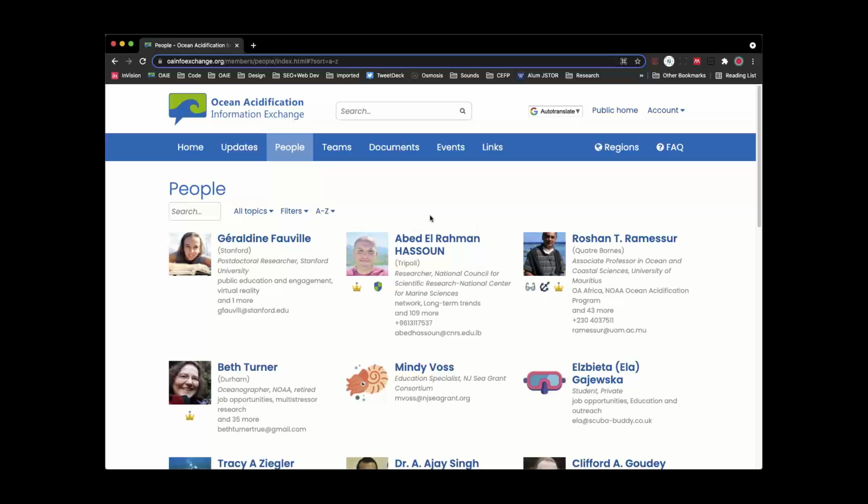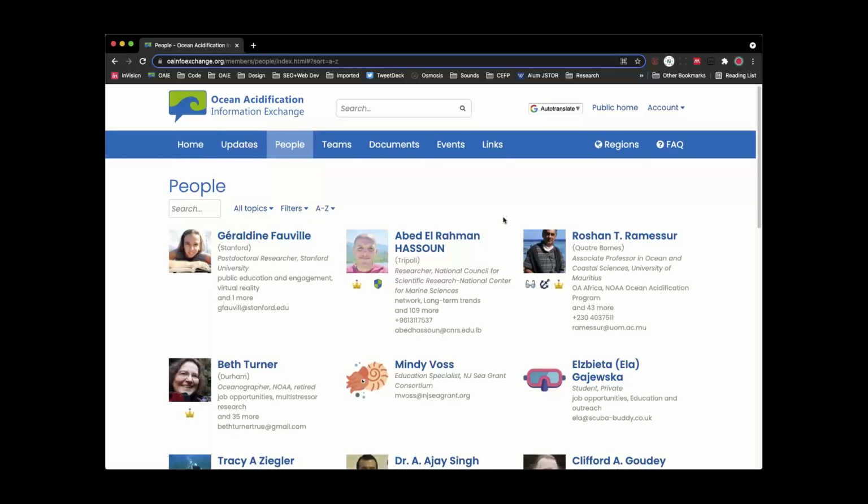And we're also adding a new feature that should be implemented soon. That will be that you can search for users based on their stakeholder group. So if you want to find someone who is a policy manager, you can sort through all of that and then see if there's someone there who you're interested in reaching out to, either on the exchange or shoot them an email.